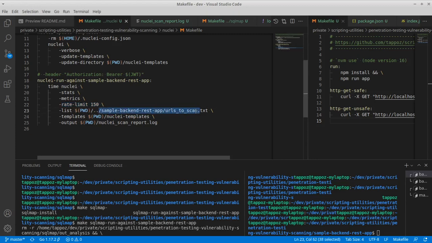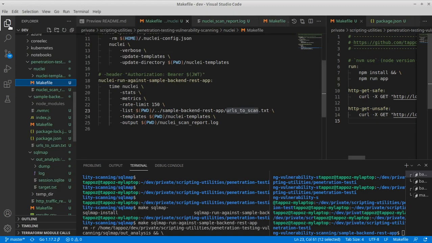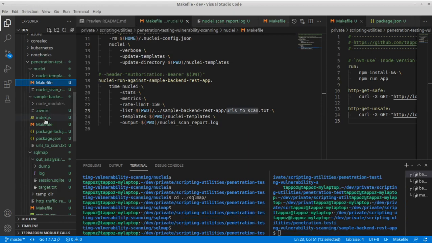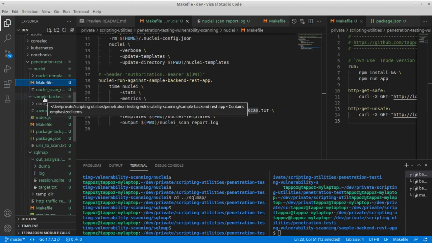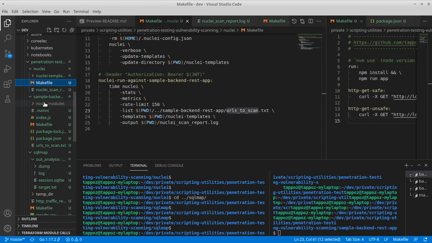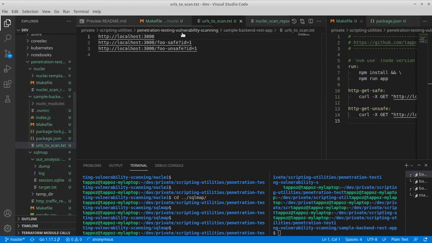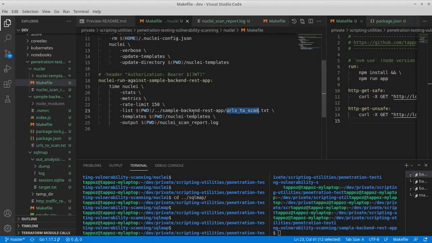Here we provide the list of URLs to attack, and if we check this file in our sample backend REST app, the Node.js app, you see we basically attack the root of our application server and then the safe path and the unsafe path. So with Nuclei,